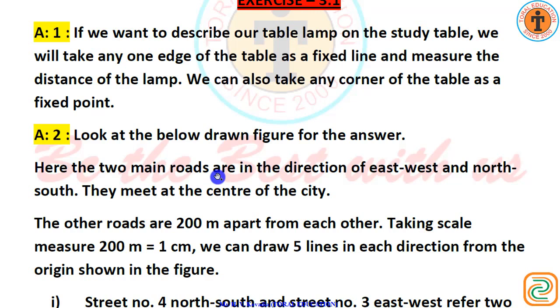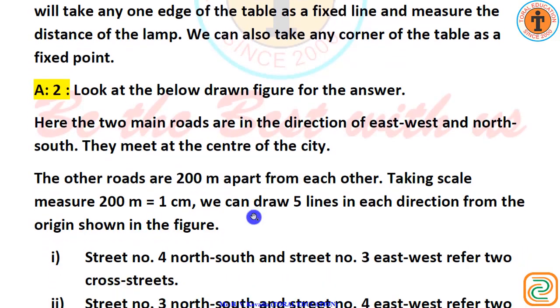Using this convention, find how many cross streets can be referred to as 4, 3. How many cross streets can be referred to as 3, 4. Here, now